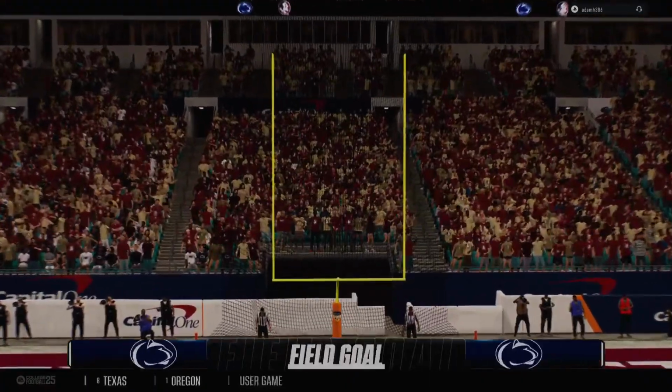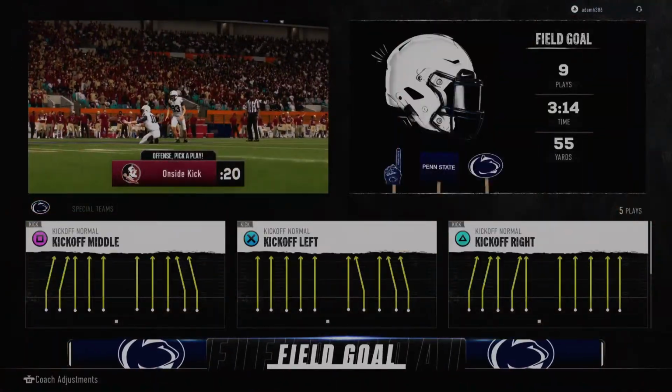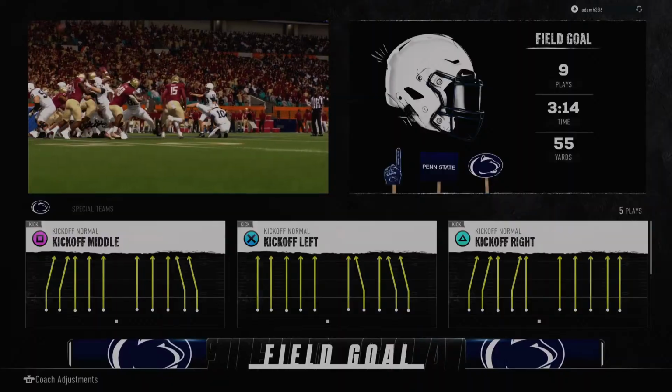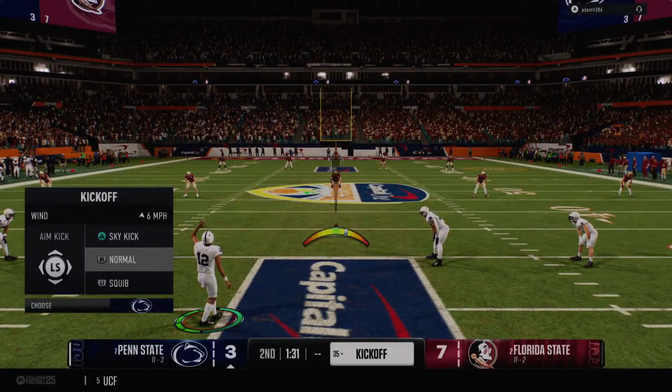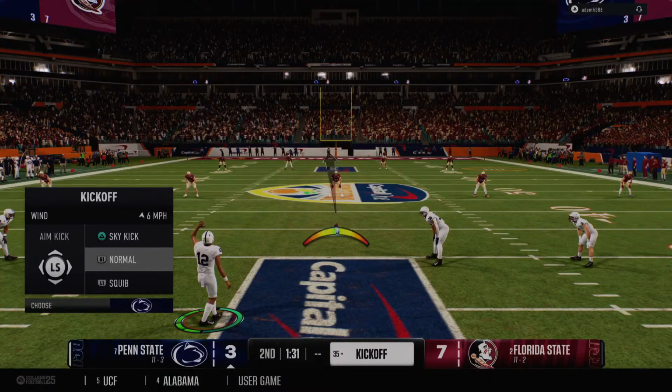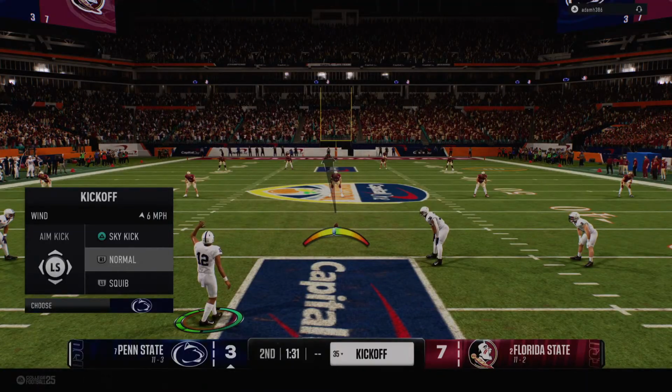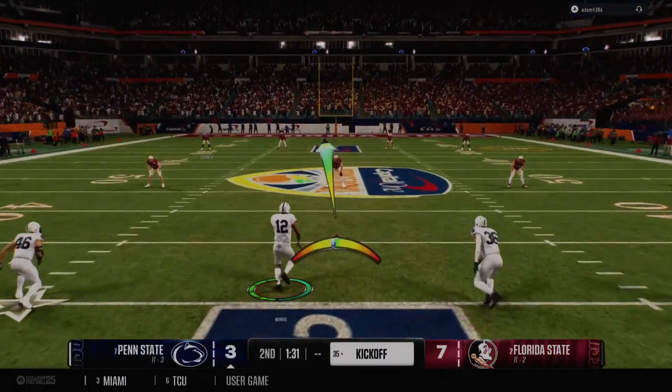The kick is good. He knocked it right down the middle. I was watching this guy in pregame. He has got a strong leg. I'm surprised here he's able to put 3 points up for the offense. They come away with 3 points on the drive, and now the kickoff team will boot it away.